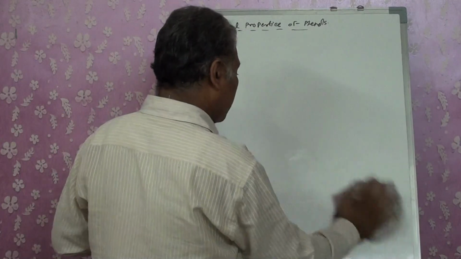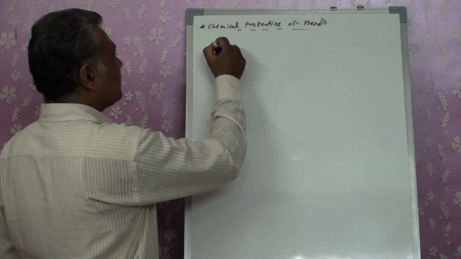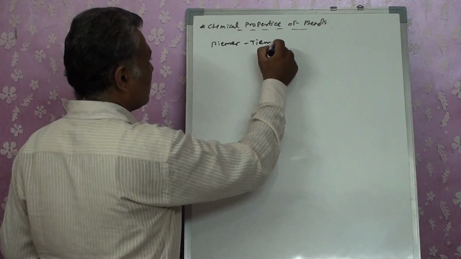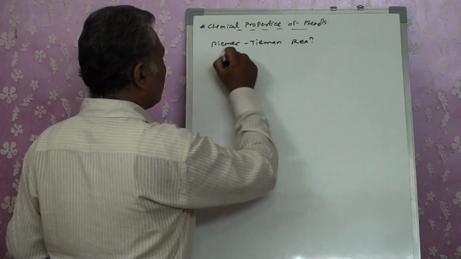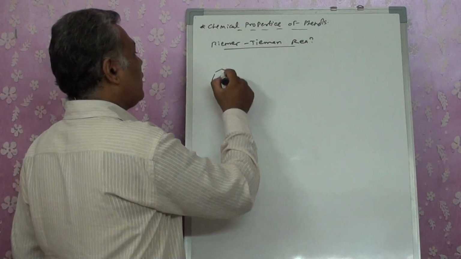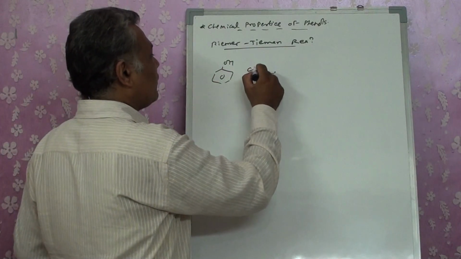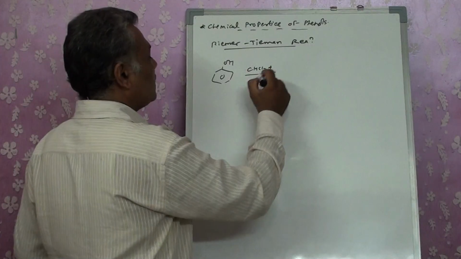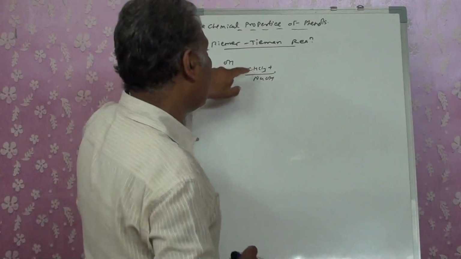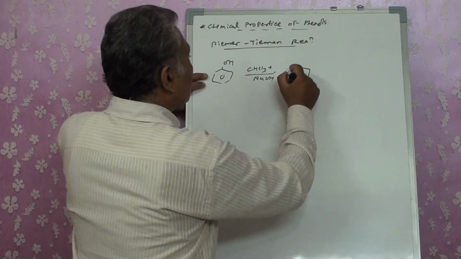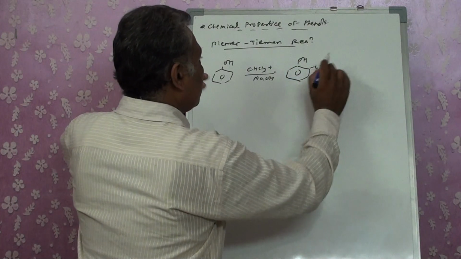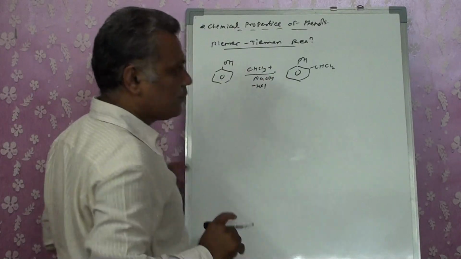The next reaction that we are having is the Reimer-Tiemann reaction, right? What is given to us? We are having phenol. It's reacted with CHCl3 plus NaOH. In this case, when you are having CHCl3, that is chloroform, in NaOH, it goes for the substitution reaction giving CHCl2, HCl is given out, right?